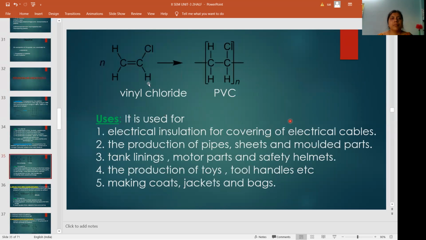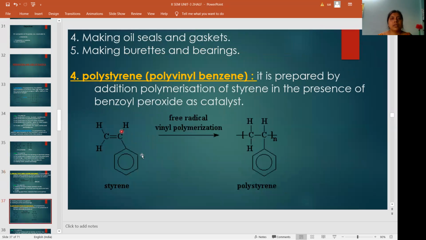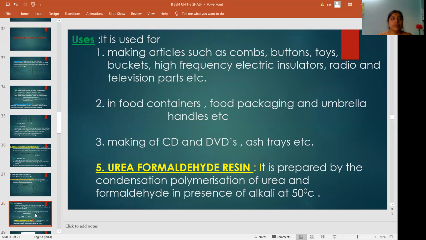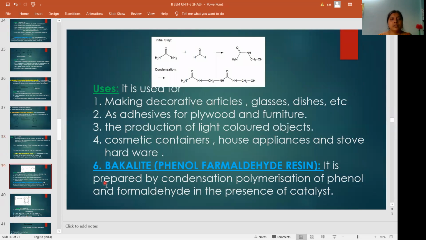The next, vinyl chloride, polyvinyl chloride. It is also prepared by addition polymerization. The next, Teflon. It is also prepared by addition polymerization. Then polystyrene. It is also prepared by addition polymerization. Next, urea formaldehyde. It is prepared by condensation polymerization. And last one is phenol formaldehyde. It is prepared by condensation polymerization. The easy method to remember